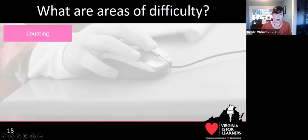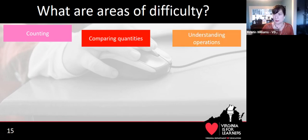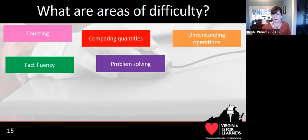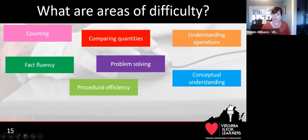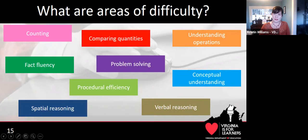And where do you see this in terms of their skills? They have difficulty with counting. They have difficulty with comparing quantities. You know, that whole number sense idea, understanding operations, fact fluency, problem solving, conceptual understanding. All of these areas you were typing in the chat box, and they were going so fast I couldn't read them all. Procedural efficiency, spatial reasoning, verbal reasoning. All those are areas where students would have difficulty. And then sometimes you see it in other areas that are not